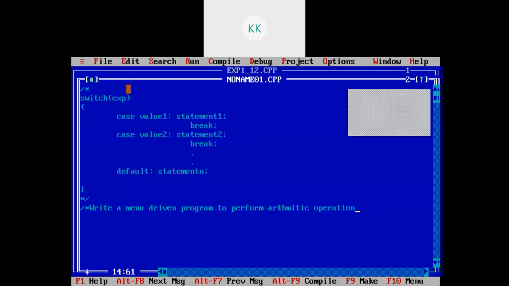Right. So we will write a simple menu driven program to perform arithmetic operations like plus, minus, and so on.